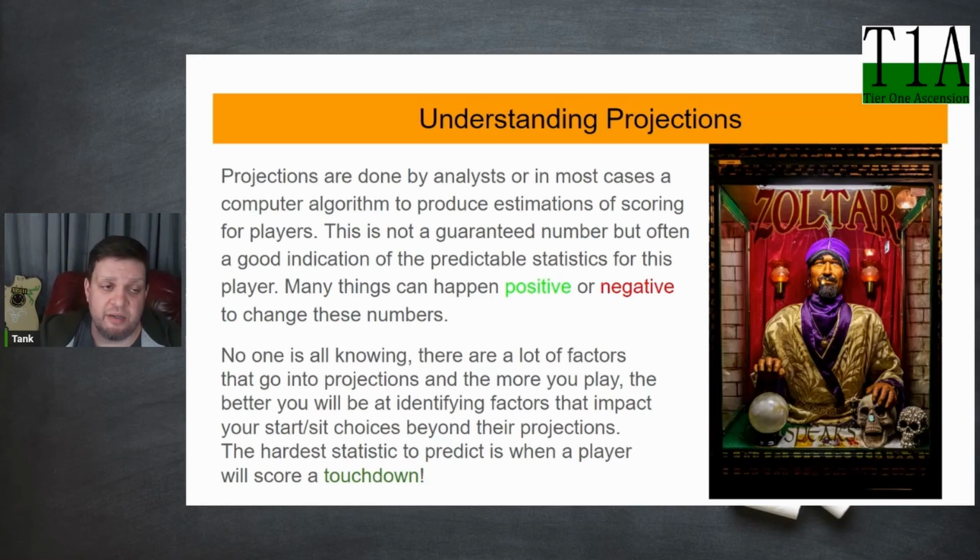The hardest statistic to ever predict for any fantasy player is a touchdown. You can find their usage and know about how much they're going to get of the volume of the offense and make a pretty good guess to that. You can never guess that, yes, this player is going to score a touchdown in that game. Oh, wait, they're not going to score a touchdown in that game. You never know. They could break one long. They could drop a touchdown pass. Somebody else gets the touchdown. It happens. It happens a lot.